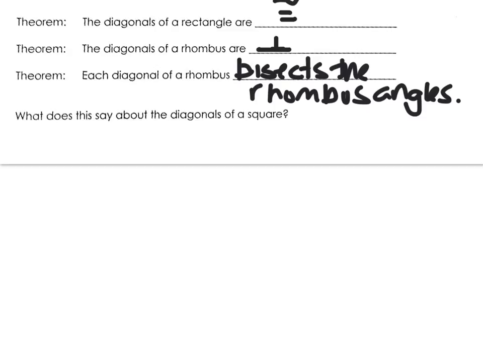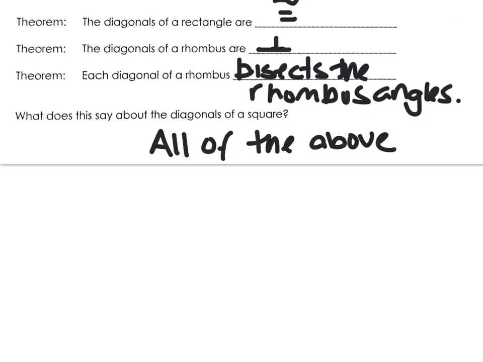Now, what does this say about the diagonals of a square? And again, this is all of the above. Everything that's true about a parallelogram, a rhombus, and a rectangle is also true about a square. And more importantly, as